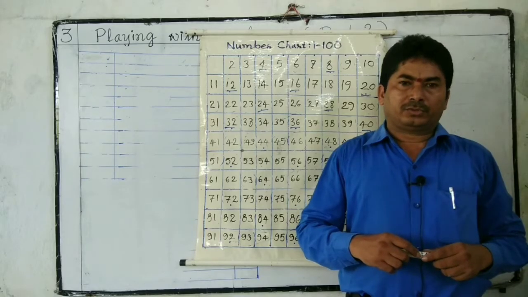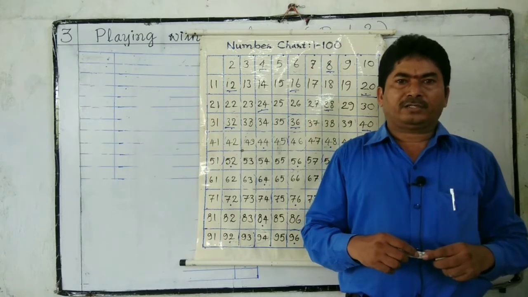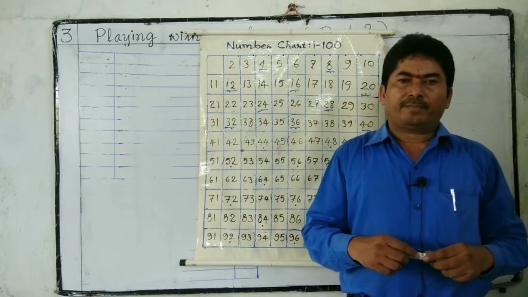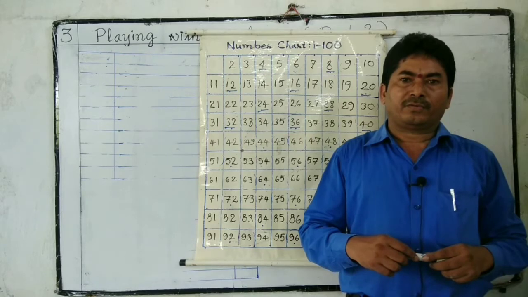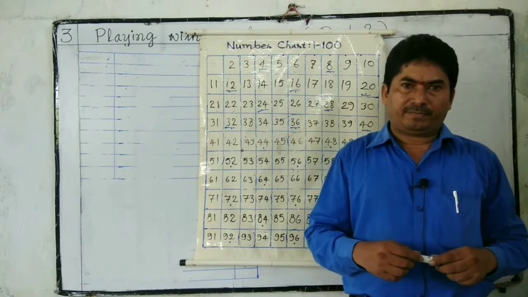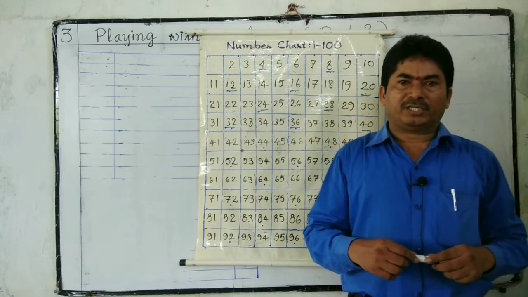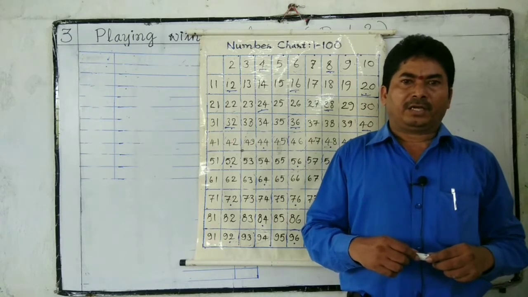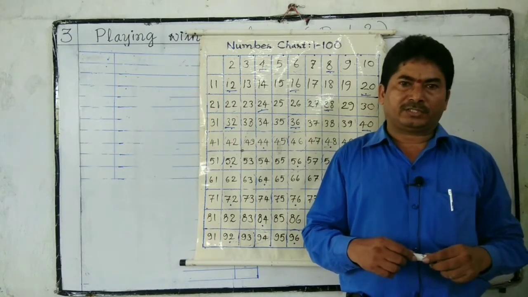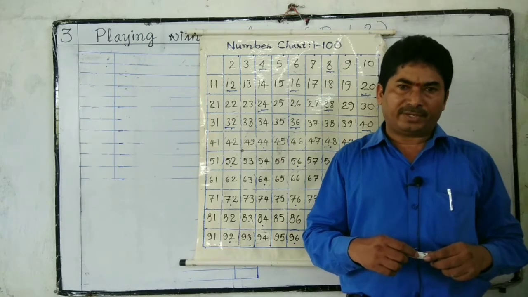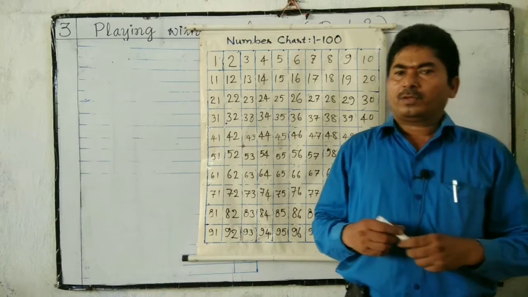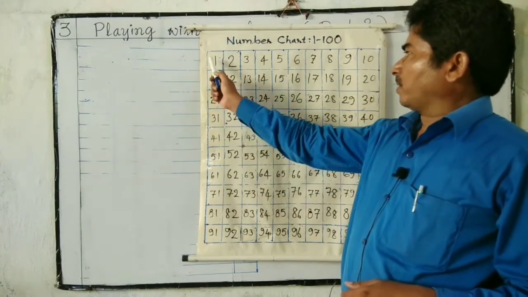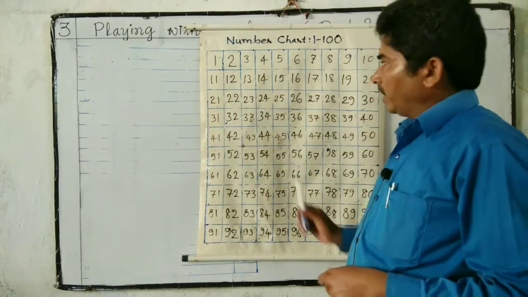Without actually checking the factors of a number, we can find prime numbers from 1 to 100 with an easy method. This method was given by the Greek mathematician Eratosthenes in 3rd century BC. Now let us see the method. List all the numbers from 1 to 100 as shown here.